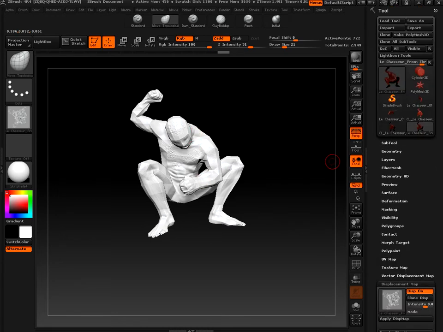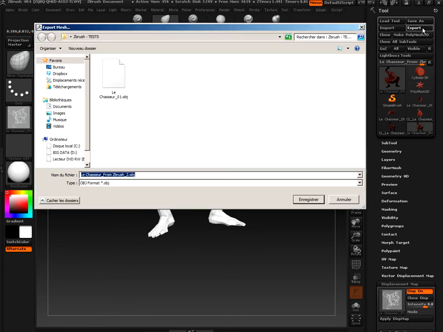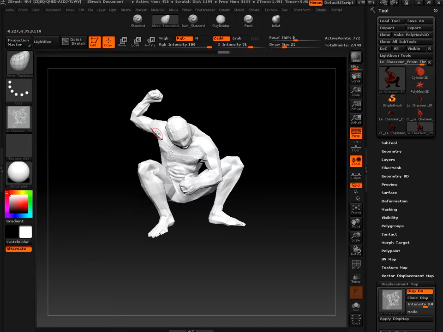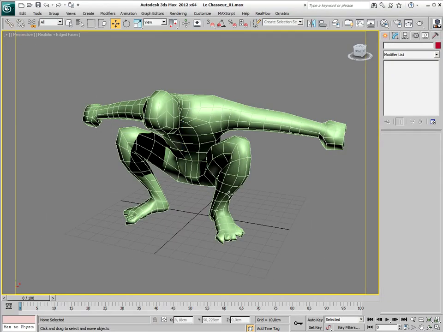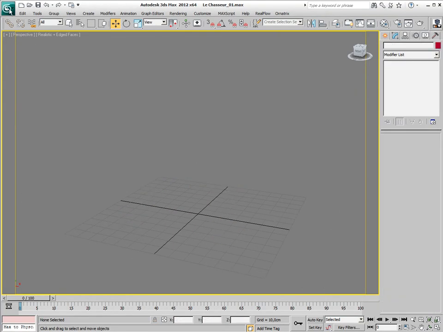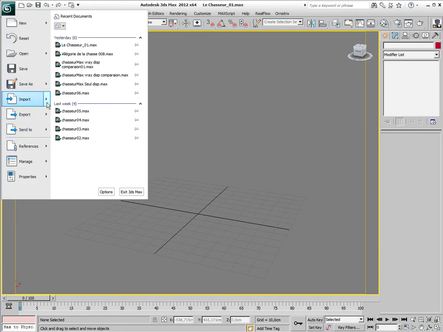and I also need to export the model back to 3ds Max because it's been UV'd and the model in 3ds Max is not UV'd. So I'm going into tool palette, export, and Le Chasseur from ZBrush. Okay, I can go back into 3ds Max, get rid of this model, click import,